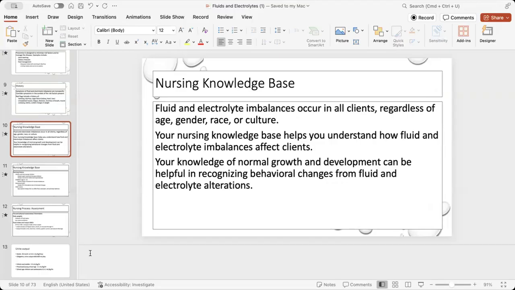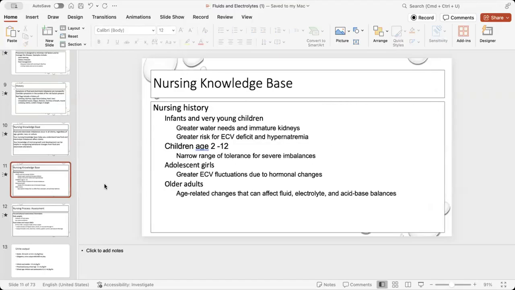As we talked about children, the infants and the very young children are at risk for fluid imbalances. A lot of times, like I said, they have those GI illnesses. Okay? They have a greater risk for extracellular fluid deficits. Greater risk for hypernatremia. So again, you have to assess those clients. Do children know that they need to drink? Are they going to tell you, oh, I'm thirsty, I need to drink, if they're a 1-year-old? No, that's teaching families also, okay?